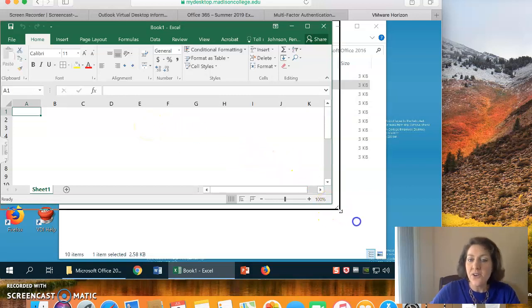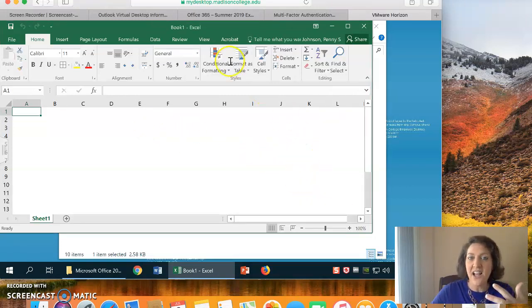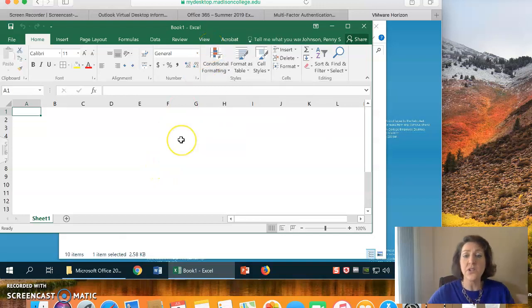And just notice, pay attention that this is actually running in my web browser. I'm on my MacBook, so I'm using Safari. You can see my real desktop is in the background. This is my virtual desktop, and it's all running via my Safari web browser. You can use whatever web browser you want, Google Chrome, Firefox, whatever, but it's a great way to have access to Excel